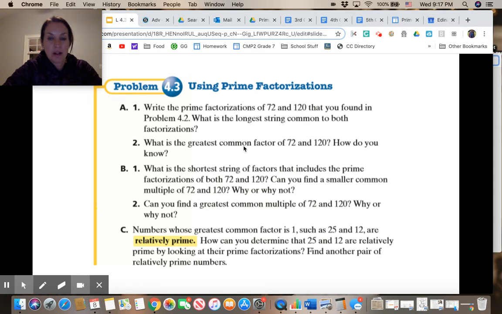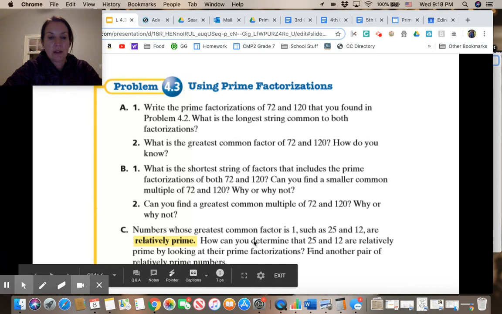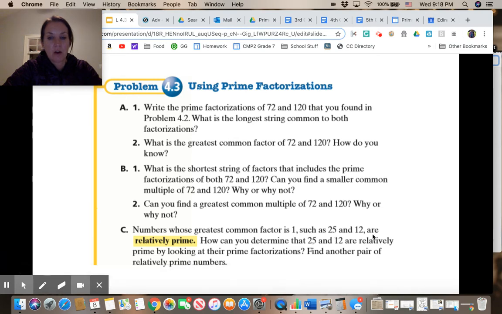What is the greatest common factor? How do you know? Then it says, what is the shortest string of factors that has them both? Can you find a smaller common multiple? Can you find the greatest common multiple? Is that possible? The next one says numbers whose greatest common factor is 1, like 25 and 12, are called